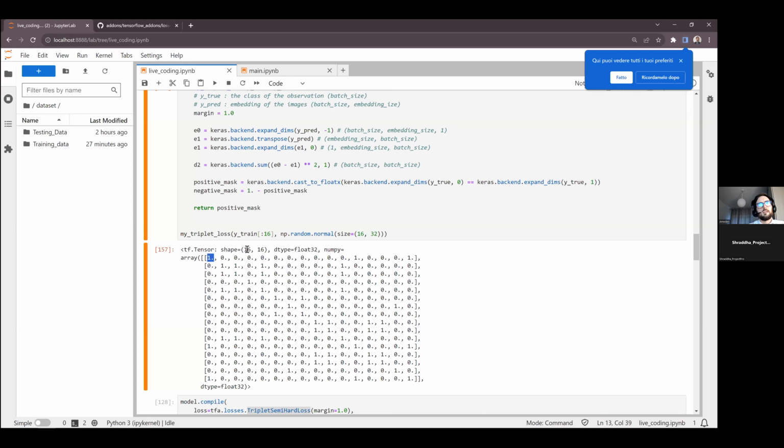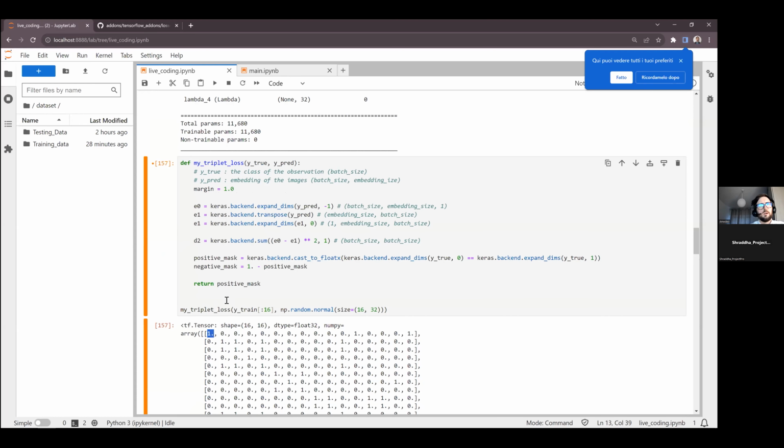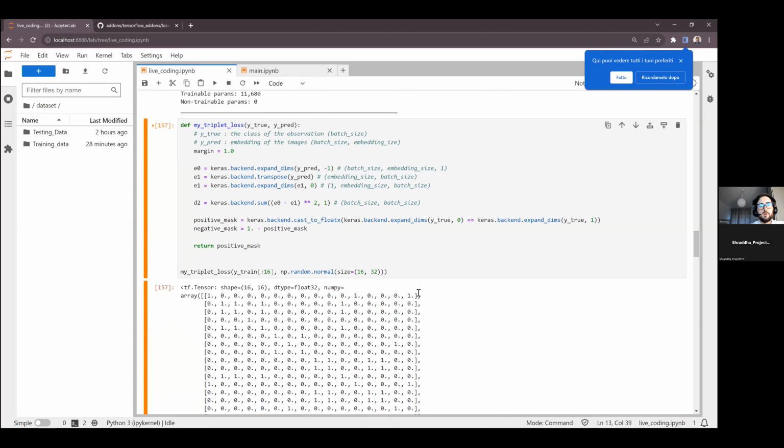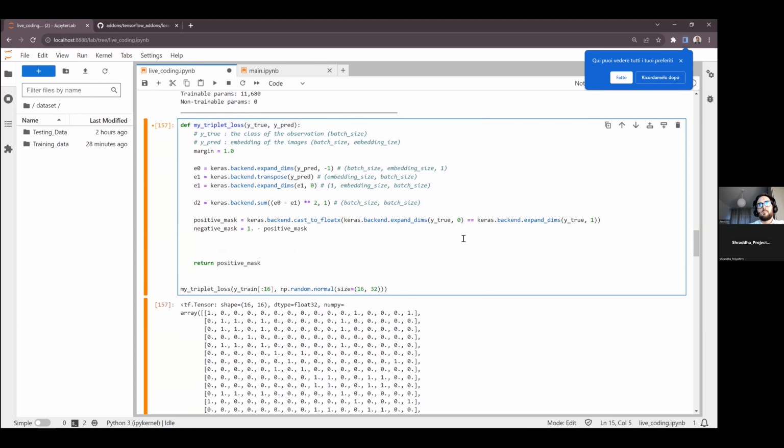Let's say that, to simply do something simple, we go looking from that element for the closer positive, and the, no, not the farthest positive.